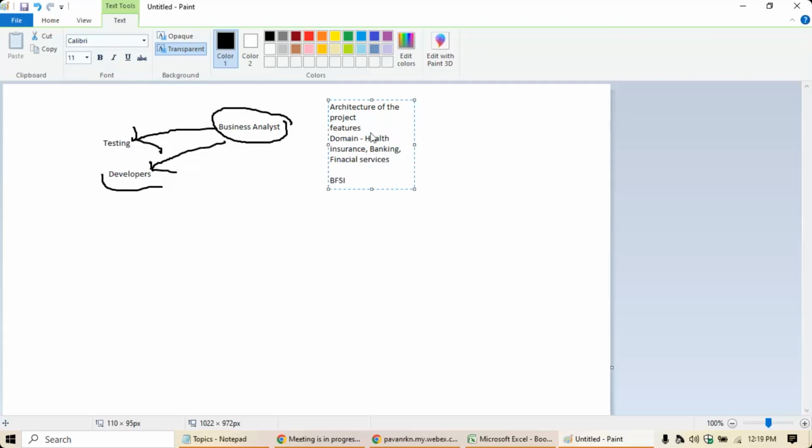BFSI stands for B for banking, FS for financial services, and I for insurance. So there are various categories of insurances, like your vehicle insurances and health insurances. You need to understand those terminologies also in order to understand the functionality of the application. That's the reason your business analyst is the right person. Some companies will call this business analyst also